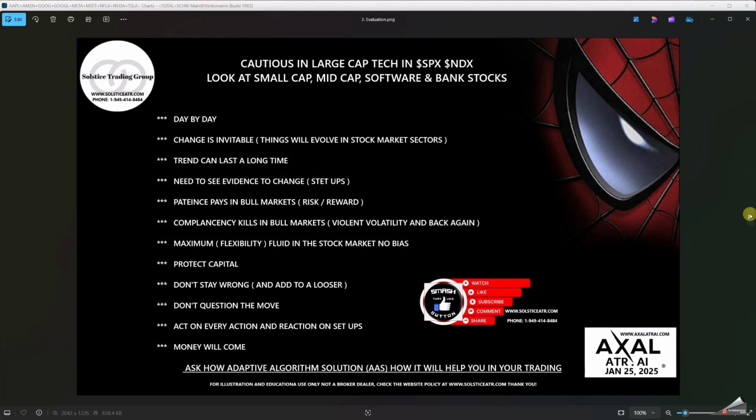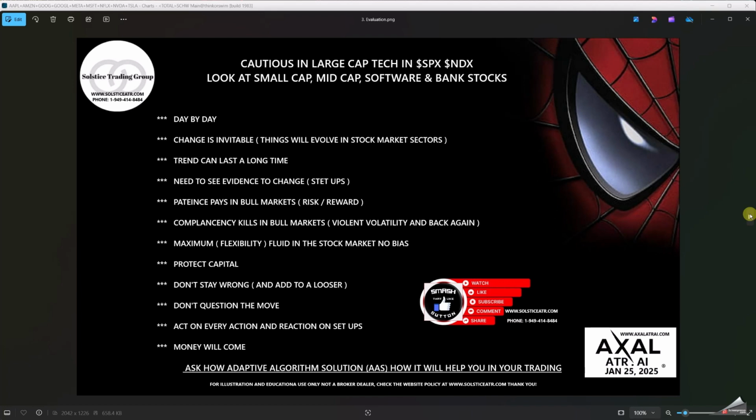Be flexible. Not being flexible in the market, I want you to be fluid, because rigidity breaks in the market. Because if you heat up a piece of steel and you hammer it too hard, you can shape it into a form. But that form sometimes breaks, so you want to be fluid like water, such as oil.